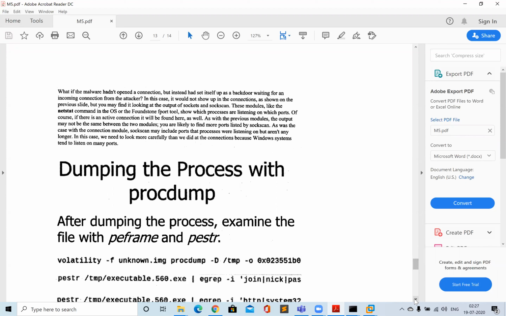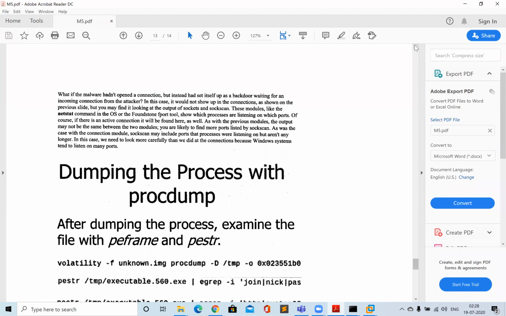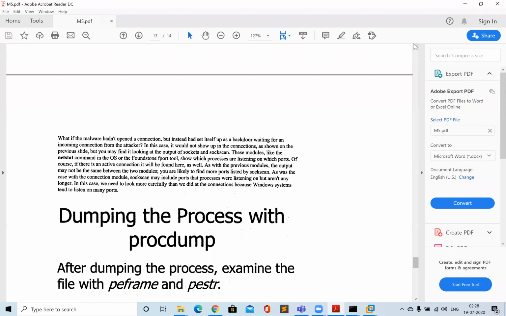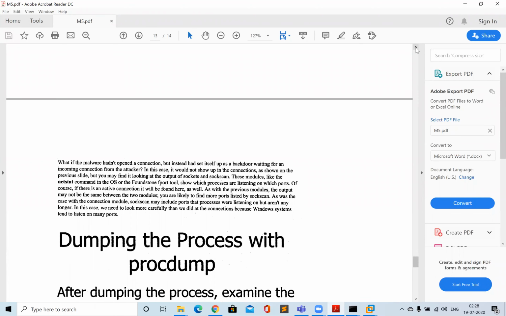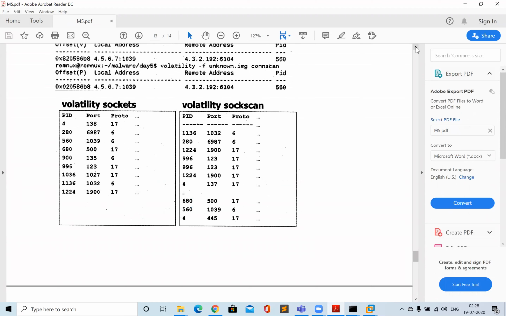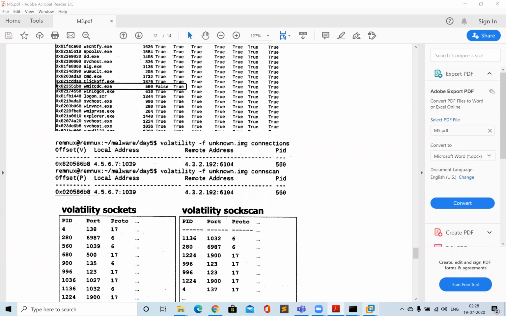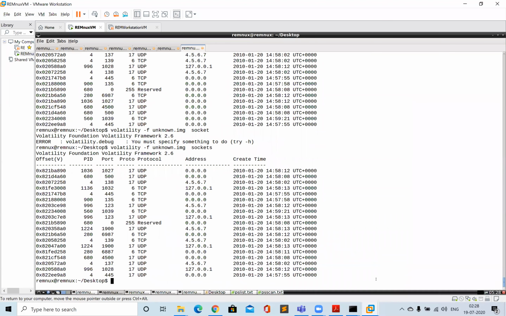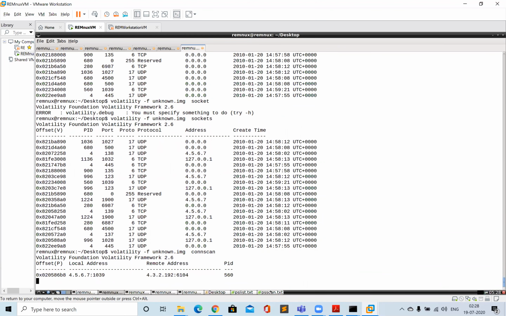Any questions till now? One last question, Pragyan. As we saw that it's a backdoor, another IP is communicating with this IP. So can we find out the IP of the attacker, like which IP connects to that port? Yeah, so when we ran this command, we got to know this remote IP address. So this is the remote IP. This is the IP address of the attacker.